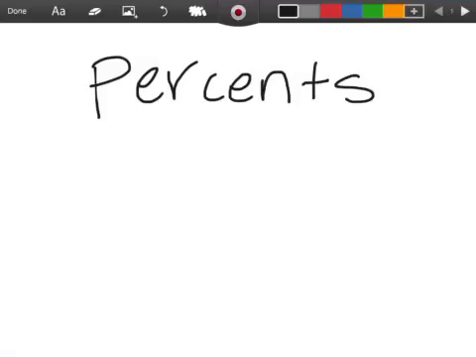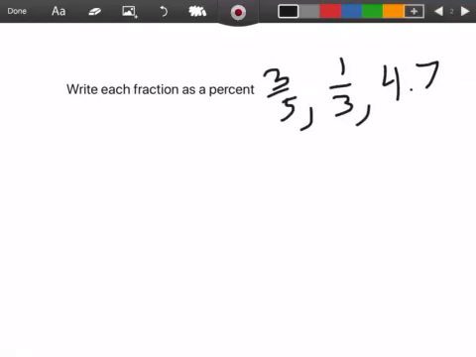Hello everybody, today we're going to be doing percents. So, a percent is basically a hundredth of a number. So, let's make each fraction into a percent: 3/5, 1/3, and 4.7. So, 3/5